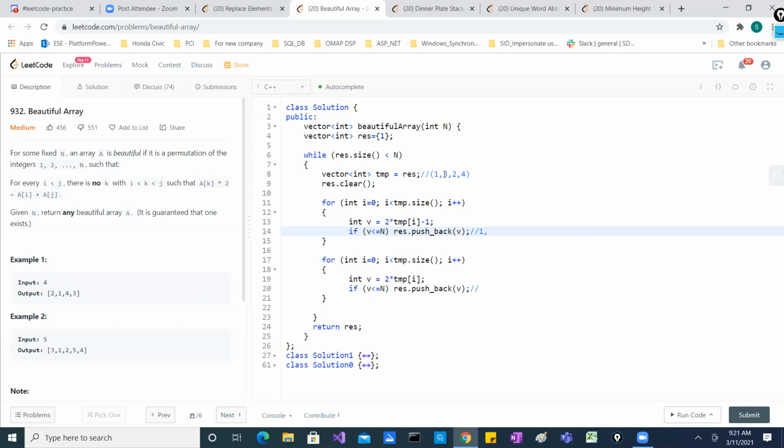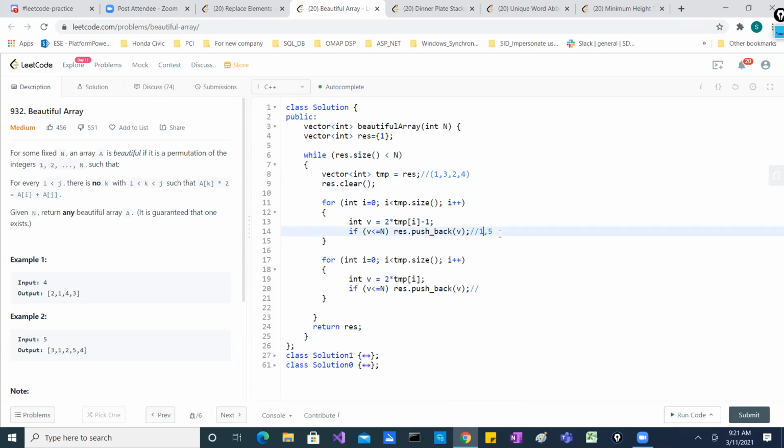Then I go to 3. 3 into 2 is 6, 6 minus 1 will be 5, correct? Now you observe the difference between this 1 and 5. It is 4. Earlier, between 1 and 3, it was 2, so 2 into 2, that is 4 now. So that is a difference of 4.